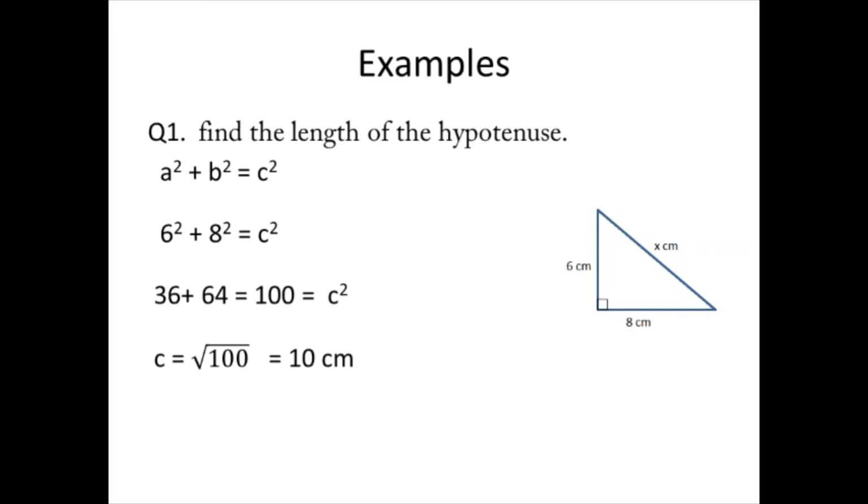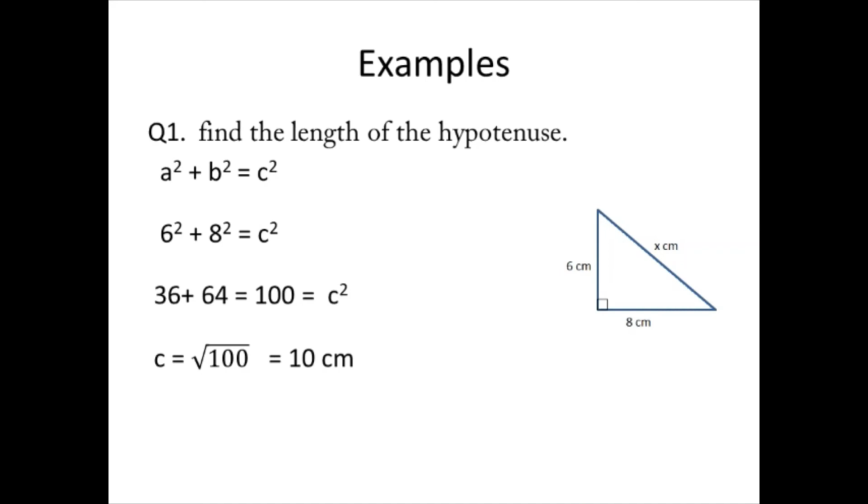We can write anything, like 8 as a and 6 as b also, no problem. So 6 square plus 8 square is equal to c square. What is the square of 6? 6 times 6, 36, plus 8 square, 8 multiplied by 8, 64. When you are using a calculator, press the square button. Do it carefully. So 36 plus 64 is equal to 100.